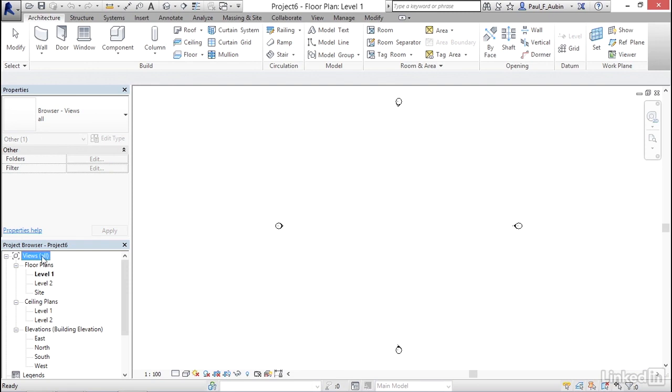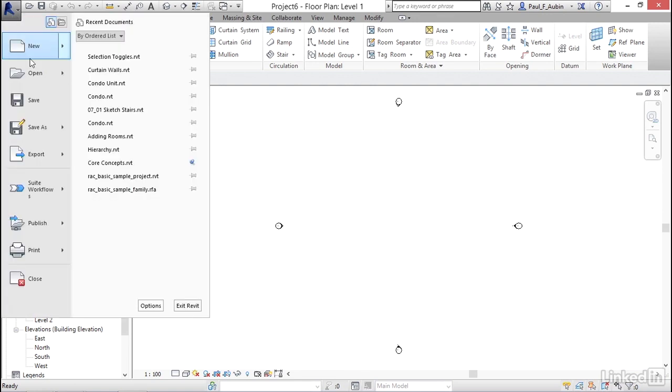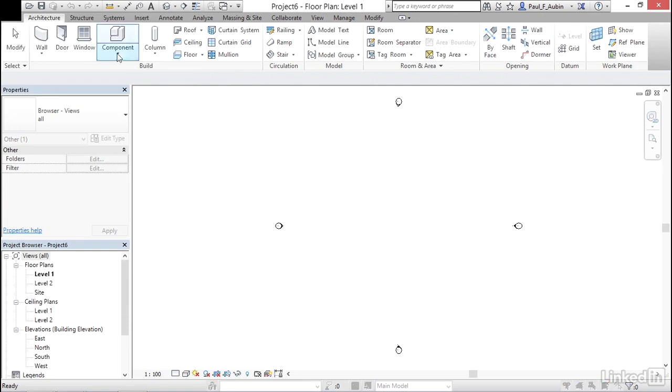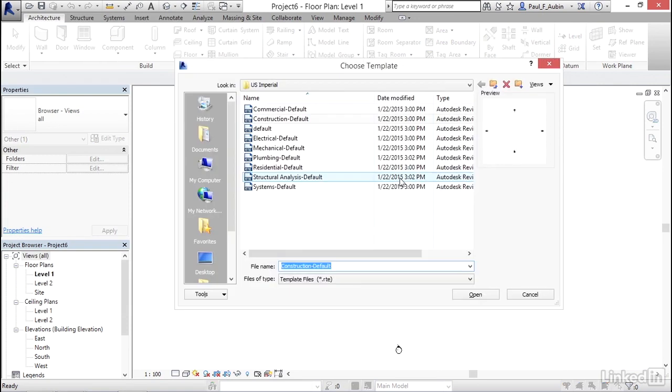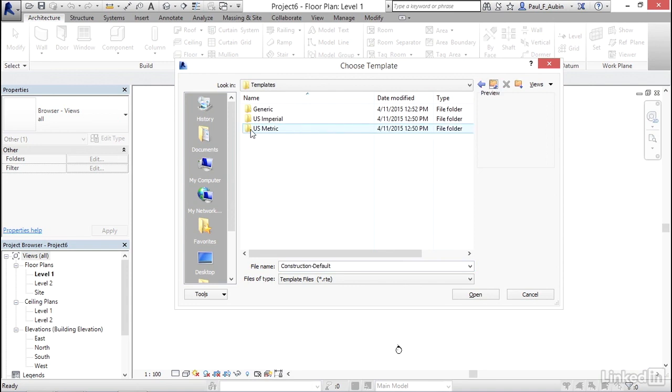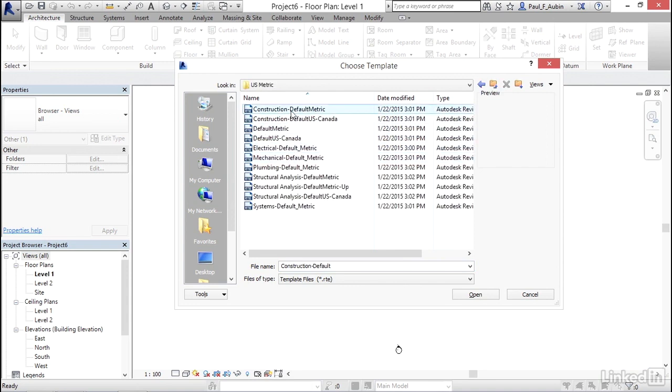For example, you can add other views to your template. You can add schedules and legends to your template. You can even add default sheets. So let's look at some of those examples. I'm going to go to the application menu, go to New, and choose Project again. I'm going to click Browse, and I'm in the US Imperial folder right now. But I'm going to step back one step here, go to US Metric, and let's open up this one here,